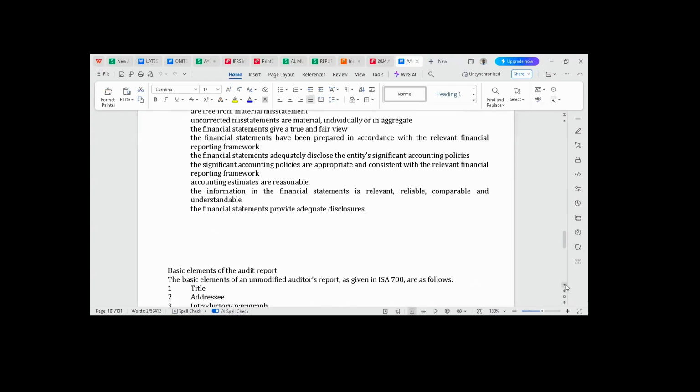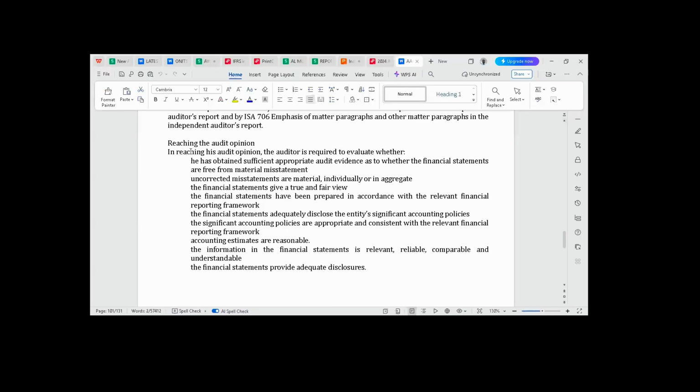Before we go to the content of an audit report, I want us to look at something just above. Before the auditor can reach his audit opinion, the auditor will need to evaluate the following. Number one, he needs to be sure that he has obtained sufficient appropriate audit evidence as to whether the financial statements are free from material misstatement. Number two, he has to also ensure that there are no uncorrected misstatements, whether individually or in aggregate. All misstatements have been